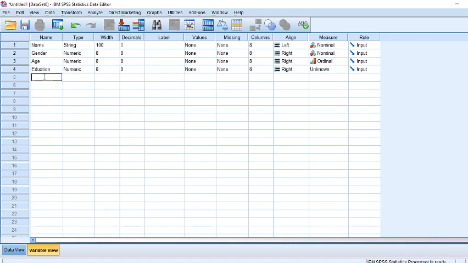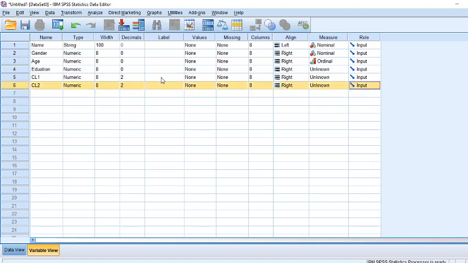Then let's suppose you have a scale, a questionnaire. If you have a questionnaire, then you must have created the coding. In my previous lectures, when I taught you how to construct a questionnaire, I taught you the coding. Let's suppose I have 5 questions on customer loyalty, CL: CL1 for question number 1, CL2.